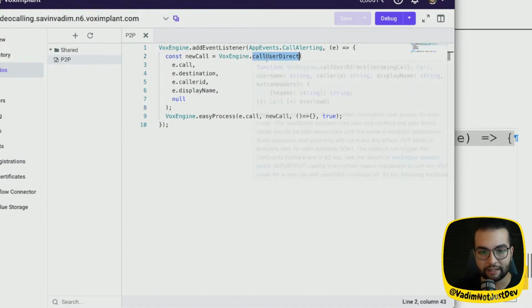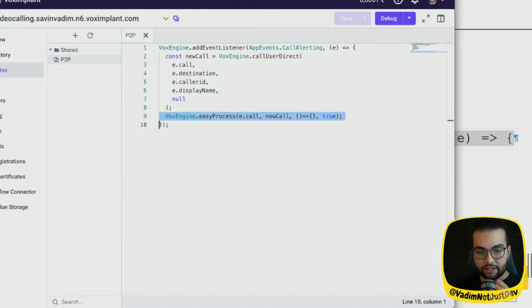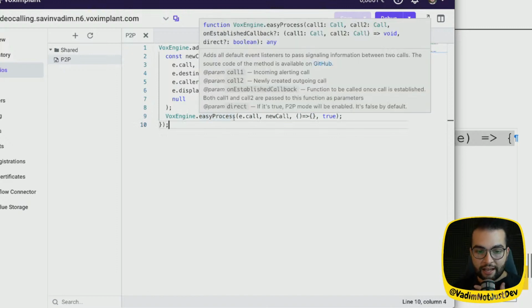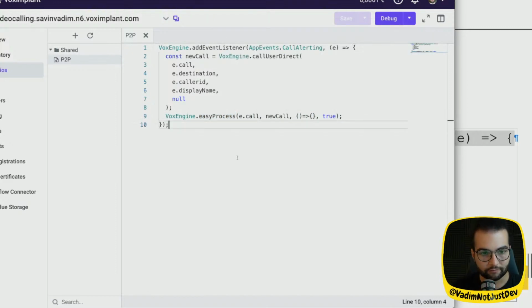We're calling a direct user based on the data that we receive: event.call, event.destination, event.caller ID, display name, and then we just register this call in Vox engine. We process it. So let's save this scenario, and the next thing that we need to do is to create